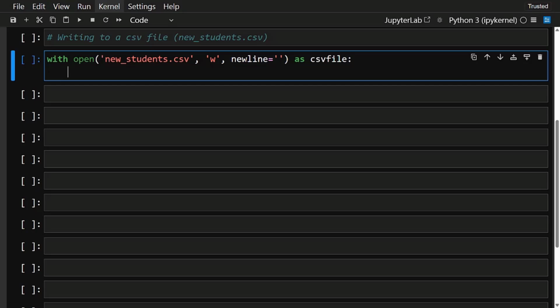We also add newline equals blank space. This is very important to note. In some of the operating systems, especially in Windows, we get an extra blank line when we print the output. This newline equals blank space will prevent that. So it's always recommended to add this newline equals blank space whenever we try to write content into a